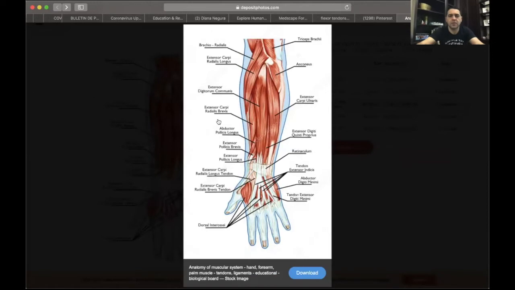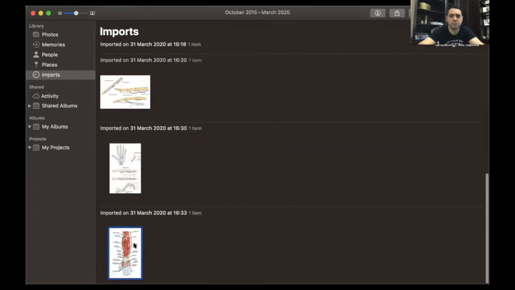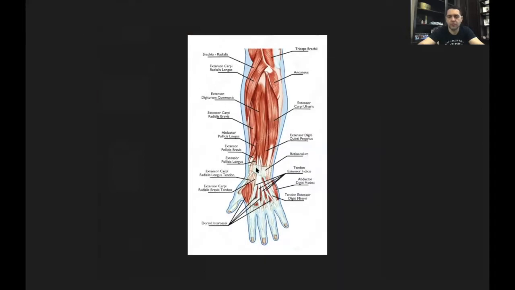Regarding the extensor muscles and of course the extensor tendons, here we have extensor muscles of the forearm, which gives the extensor tendons for the digits. So it's important. Here we have extensor carpi ulnaris, we have